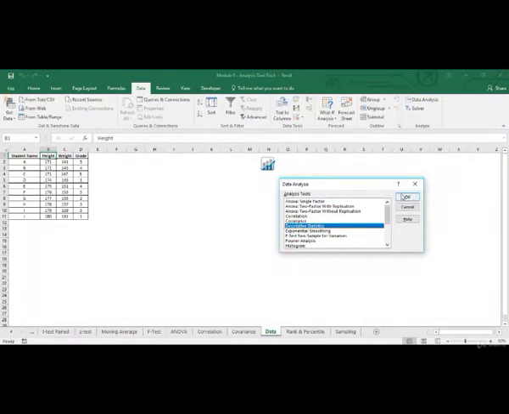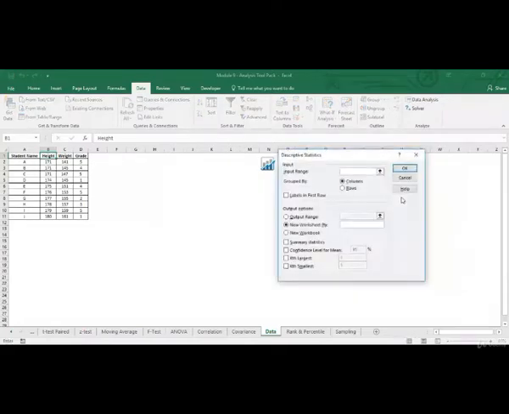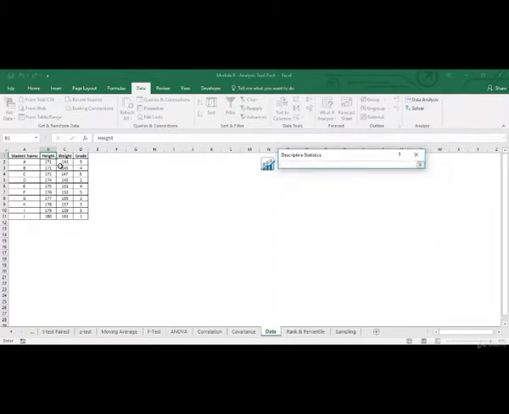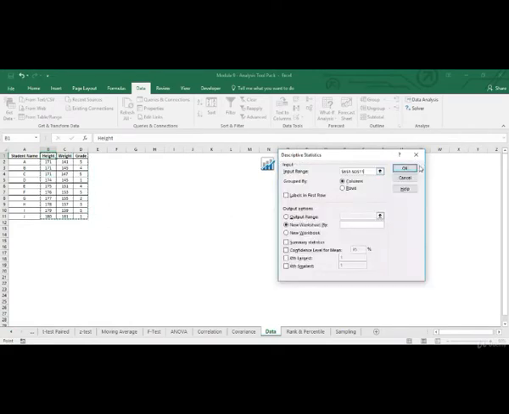Now let's see how this works. So we'll click on descriptive statistics, we'll click on OK. Now, because I want to calculate descriptive statistics for these three variables, height, weight, and grade, for my input range, I will select all of them together. Now, my first row consists of column headers, basically labels. So I'll click on this. My data is in columns, so that's why this is fine. If it would have been in rows, I would have selected this. Now, let's calculate all of them.